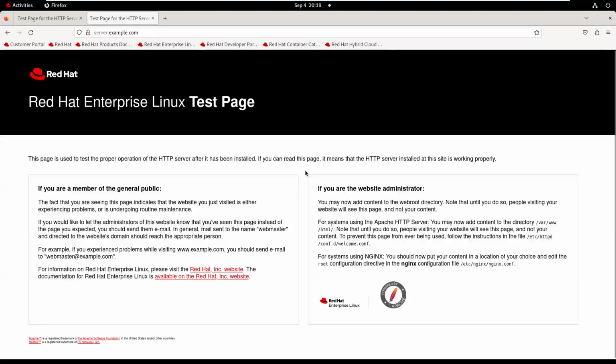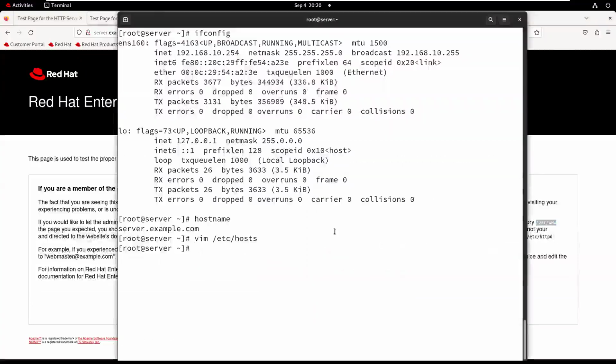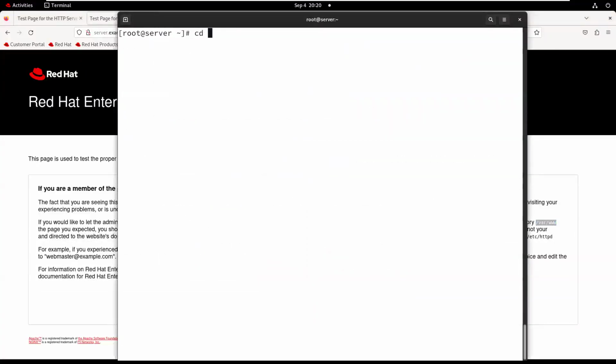And now here, see the message is for the system administrator: you want to add some content in the directory. By default, /var/www/html is the location. I mean, the web server will load it by default. In this location, it's completely empty.